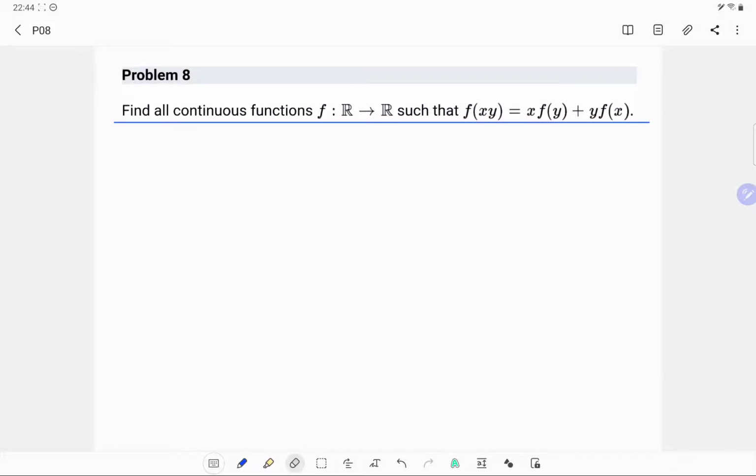Let's take a look at another functional equation. The question is: find a continuous function f from real numbers to real numbers such that f of xy equals x times f of y plus y times f of x. When you look at this functional equation, it is somehow like the product rule in calculus,